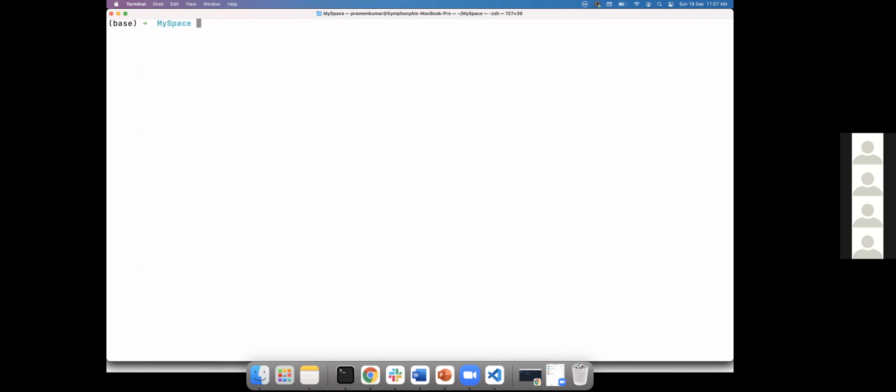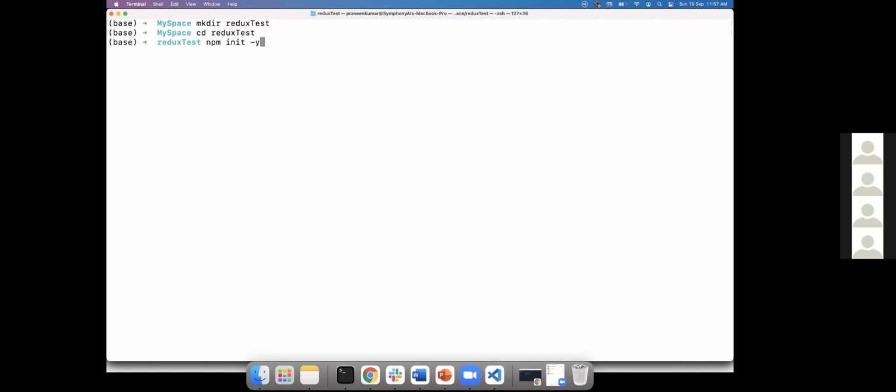What I'll do is create a folder with mkdir Redux test, then cd Redux test. Then we call npm init, and then we give -y. I hope you remember, if you give -y, a package.json will be created automatically, or else it will ask you to enter all the details.